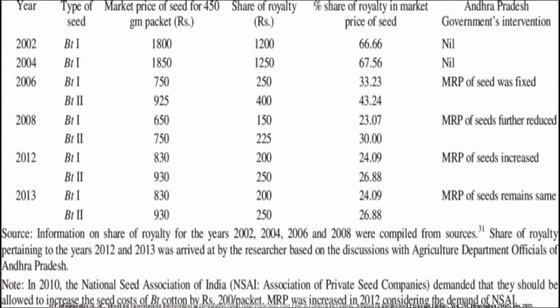The farmers were exorbitantly charged for the seed, equal to what the American farmers paid for the seed. The Andhra Pradesh government interfered in this issue and reduced the royalty being charged in each seed packet sold in the market. The various other state governments followed suit to fix the royalty being charged by Monsanto. The Indian government have also failed to curb the illegal BT cotton seed market, which added to the stress of